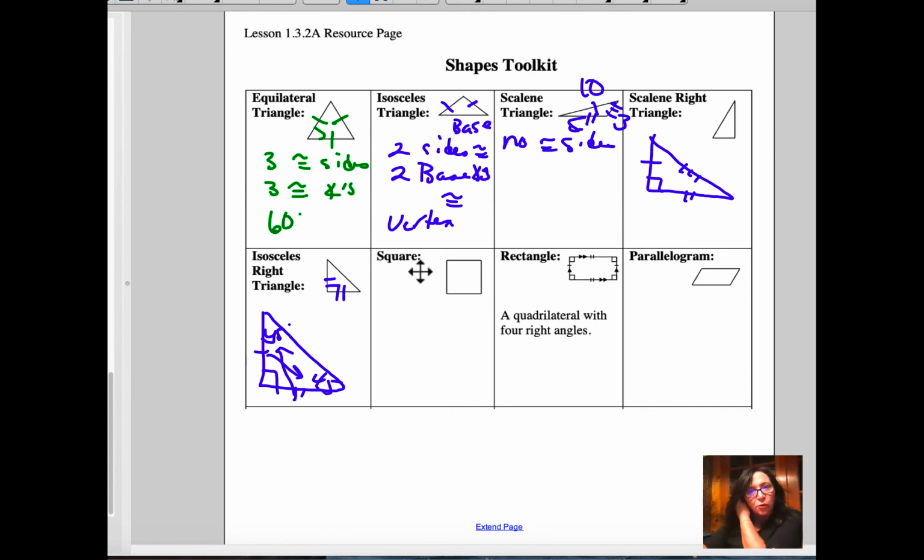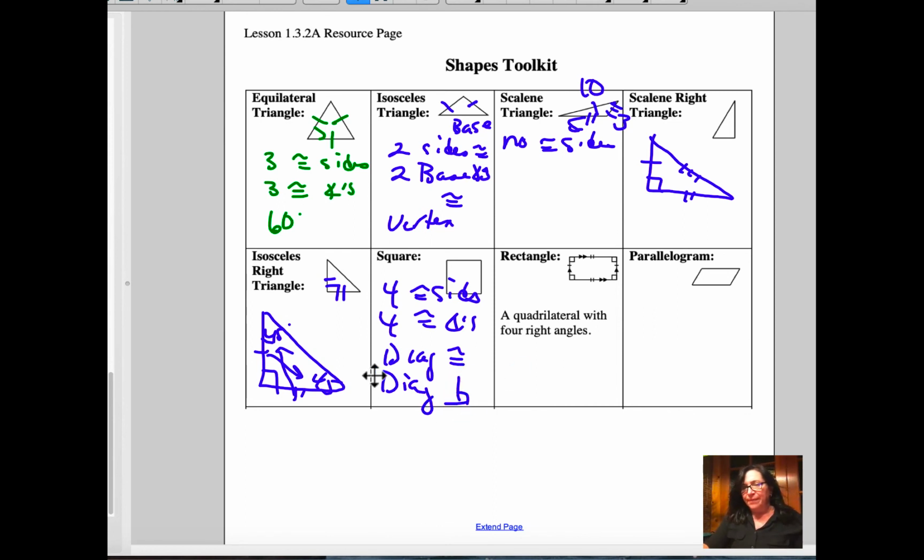Now remember, for a square, it has everything. A square has 4 congruent sides. It has 4 congruent angles, and those angles are all 90 degrees. It has diagonals that are congruent. It has diagonals that are perpendicular. It has diagonals that bisect, meaning cut in half, the opposite angles. So like, if I drew in a diagonal like that, this angle would be 45 and that angle would